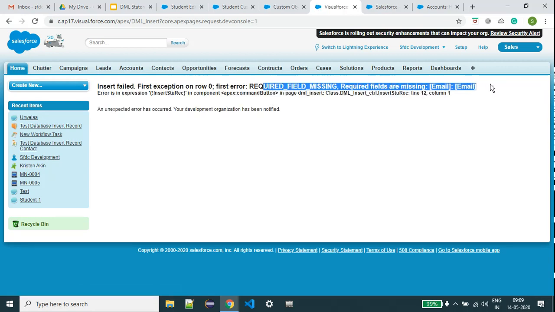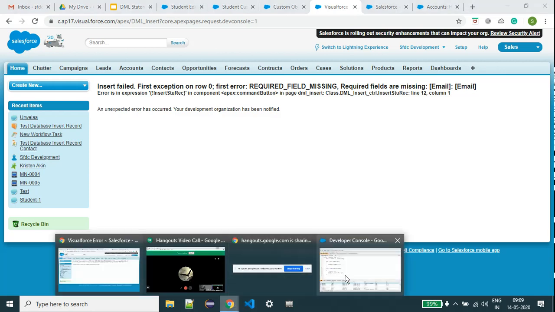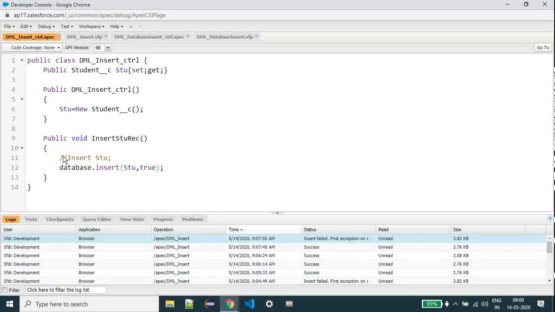If you get an error at any time, this type of error we can also face in real time. So which fields are missing? I already told you that at insertion time, the required fields are mandatory. All required fields are mandatory. Okay. So that is the difference.